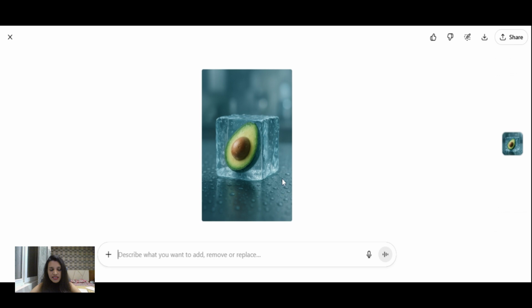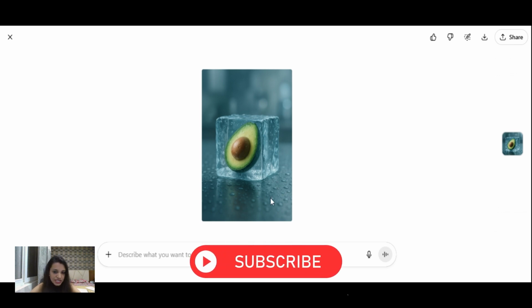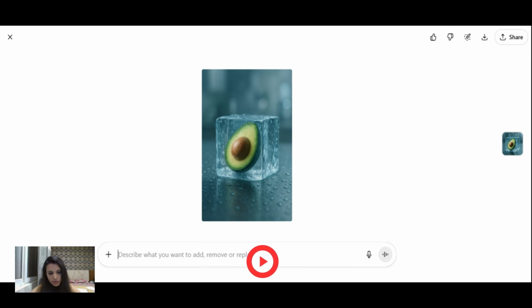The result by ChatGPT is amazing because it has generated around 70 to 80% of the output, with the dewy droplets, the ice cube in a perfect shape, and the avocado very much looking like an avocado. There are bokeh effects in the background, but the kitchen is completely blurred. I think the blurriness should have been mentioned in the prompt. The kitchen is not quite visible, but it's still a good image generation. I wanted to test this on every free platform. I didn't want to pay, but I wanted to test if the free platforms can generate a good output or not. So ChatGPT did a pretty good job here.